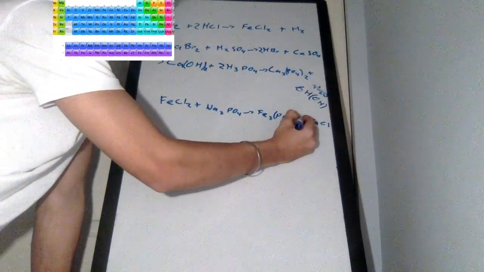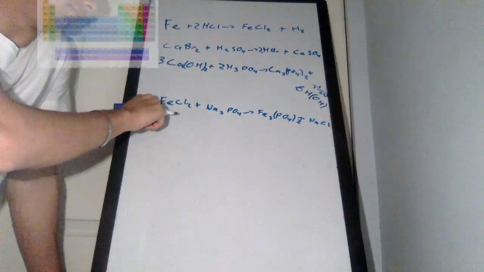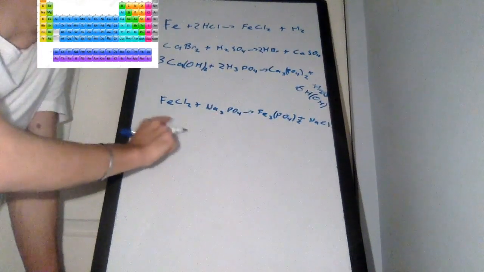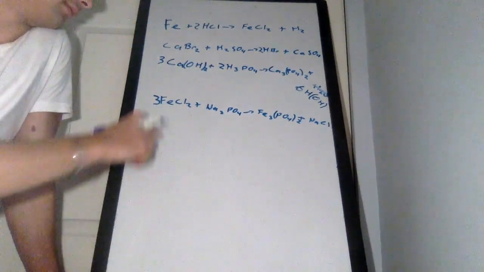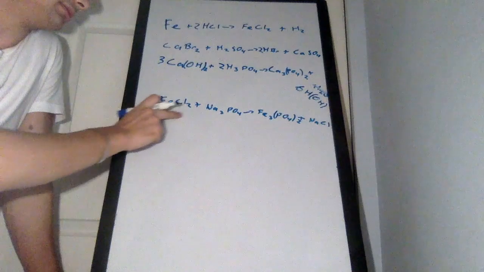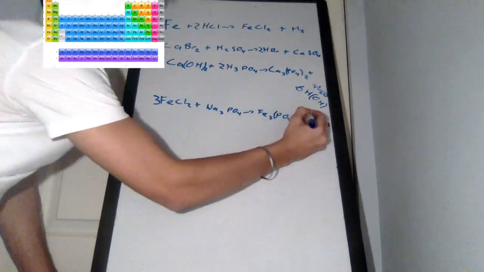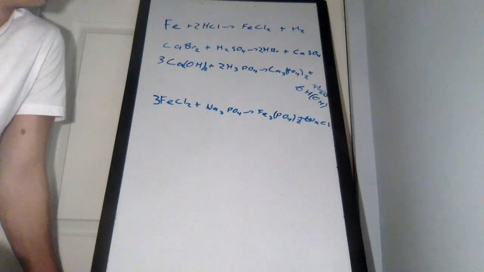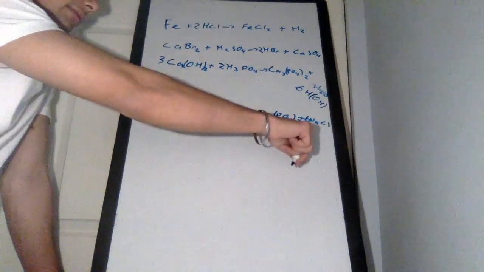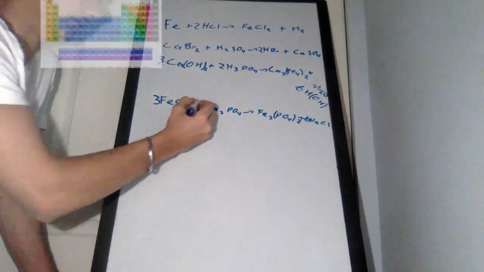I'm going to just move this plus sign over. Okay. So let's start off with the Fe. So we need 3. There we go. We got 3. That would give us 6 chlorines. 3 times 2, 6. So we'd have to put a 6 in front of the NaCl. So now that gives us 6 chlorines, 6 sodiums. So now we can put a 2 here,